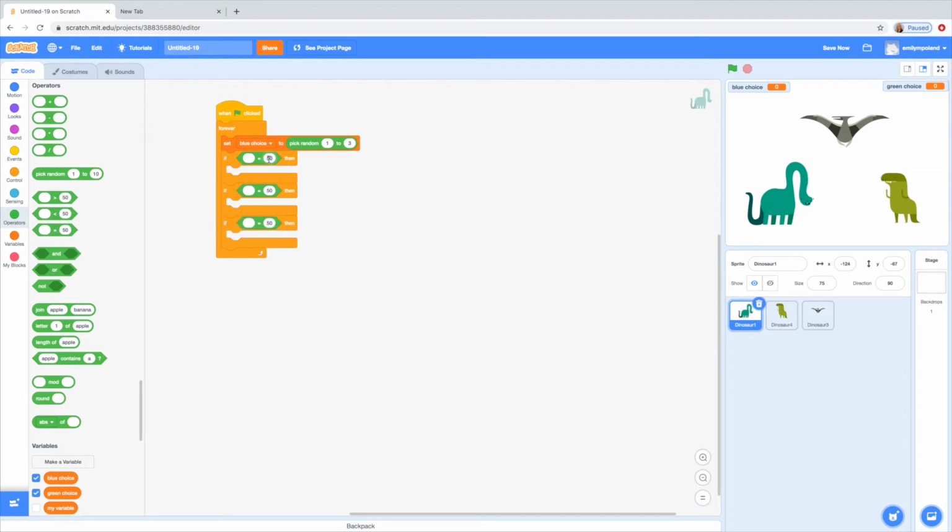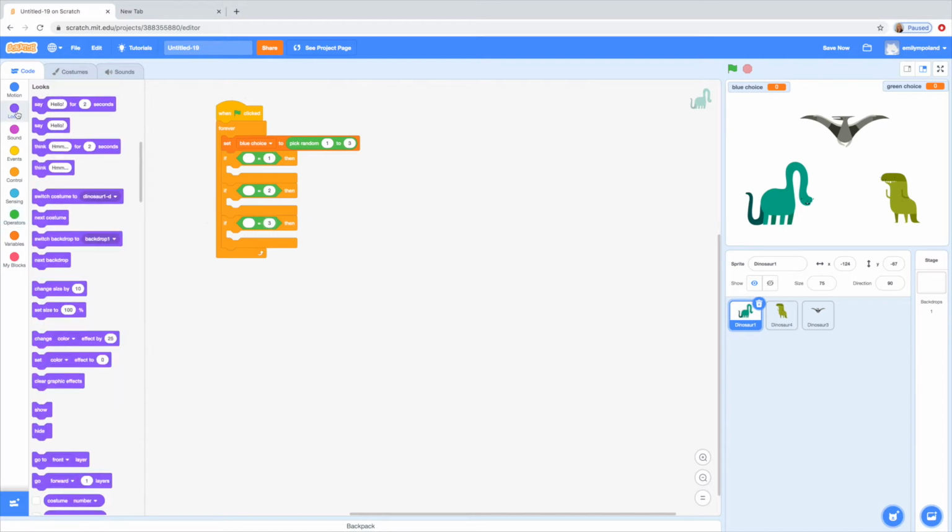So I'm gonna say 1, 2, and 3. I'm gonna say 1, 2, and 3 right in there. And then if he says 1, or if he picks 1, then I'm going to say